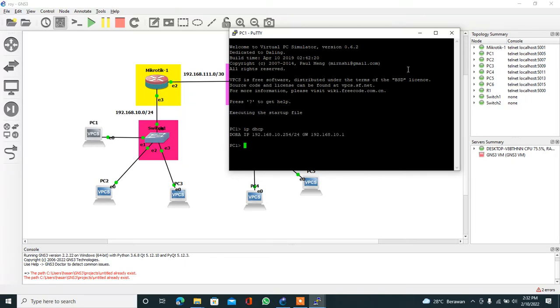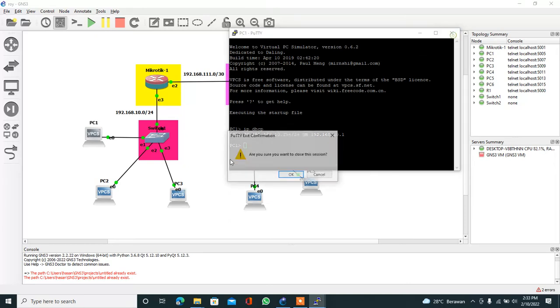Keep in mind, if we don't add the DHCP configuration on the router, then our PC will not get an IP. PC1 gets IP 192.168.10.254/24.